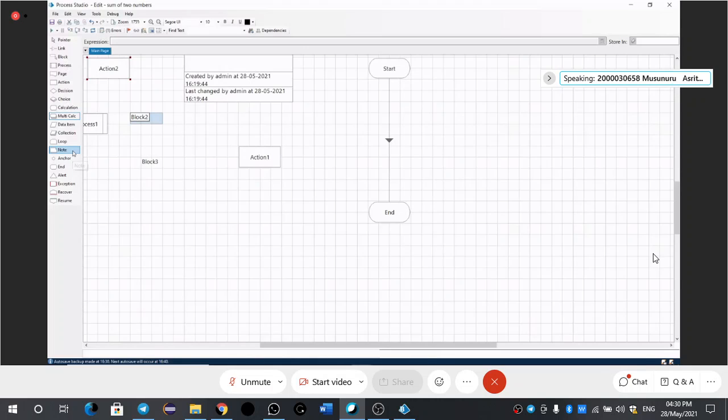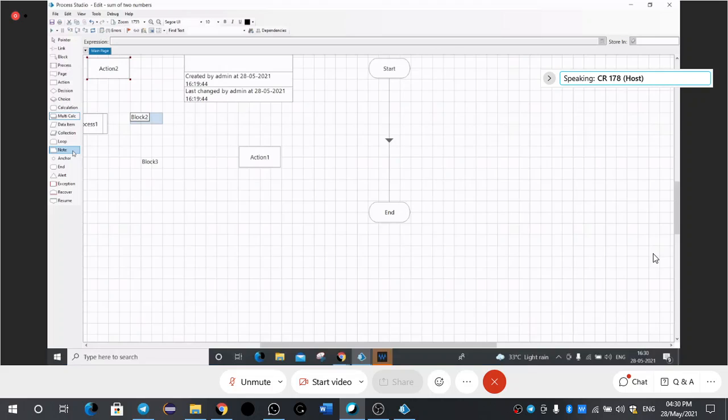Note, ma'am. Note is for writing comments. Like in the C language, we write comments; here also we use note to write the comments. Next, anchor. It is like a circle symbol which connects in a backward direction. Connections go from start to end, so by using anchor we connect from back to front. That is the use of anchor. Then end. You have already seen the end symbol in your main page, which ends the process.